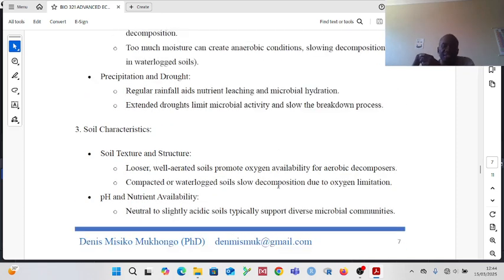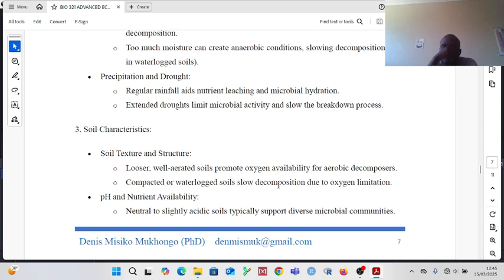The third factor is the soil characteristics. So, soil texture and structure. Looser, well-aerated soils will promote oxygen availability if you are dealing with aerobic decomposers. If the decomposers need more oxygen, then they will work well where the level of oxygen is highly available. When does that happen? When the soils are looser and well aerated. But soils that are compacted, soils that are waterlogged, will eventually slow down decomposition because aerobic decomposers will not have